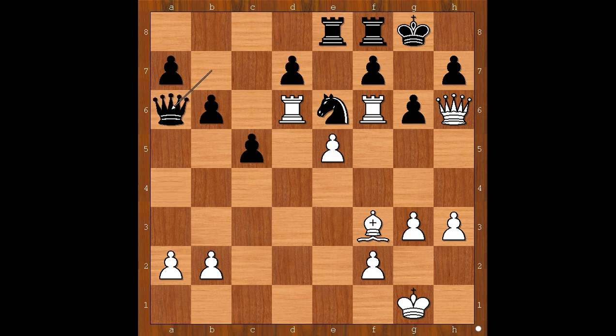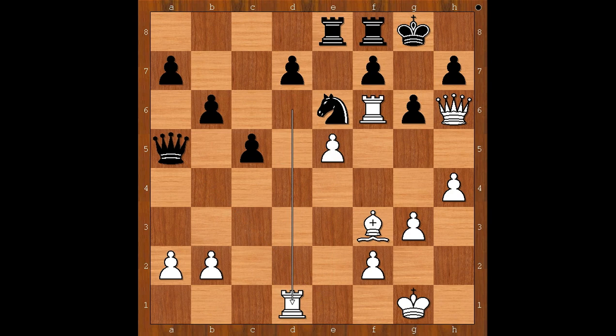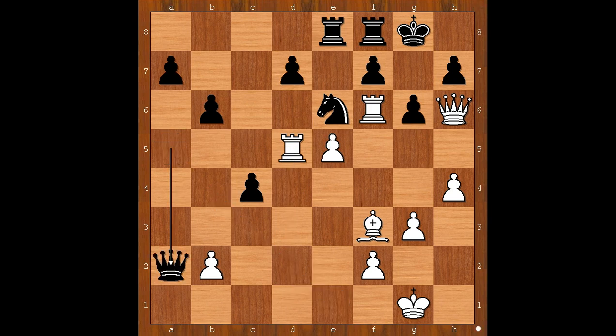DeepMind not interested at all in winning a pawn. h4 was played. Queen to a5, intending queen to e1 check perhaps. Rook to d1, c4, rook to d5, queen to e1. As you can see, Stockfish was not interested in winning another pawn. Queen to e1 check, king to g2,